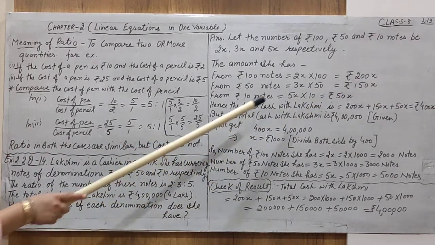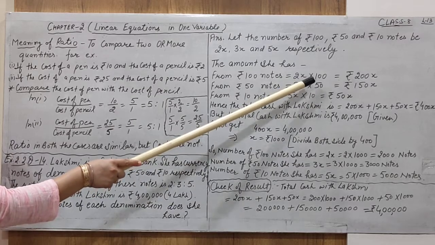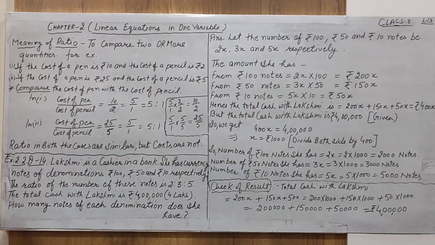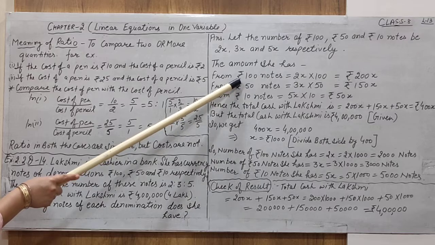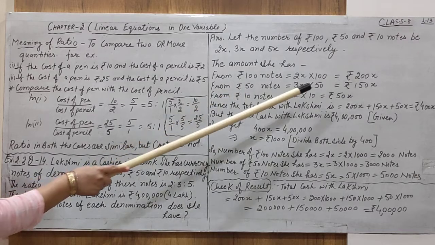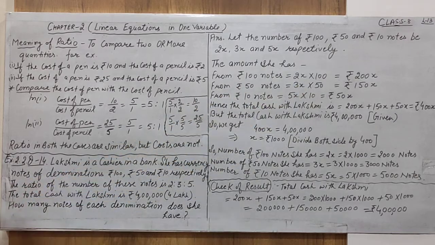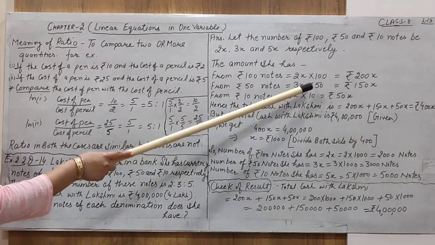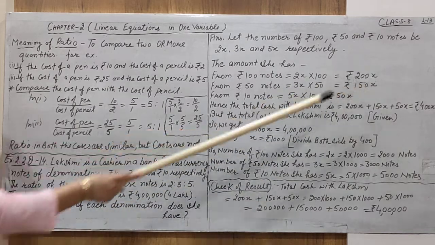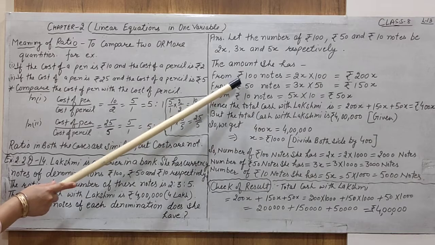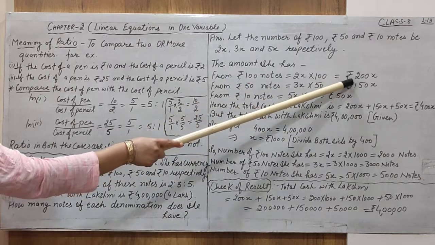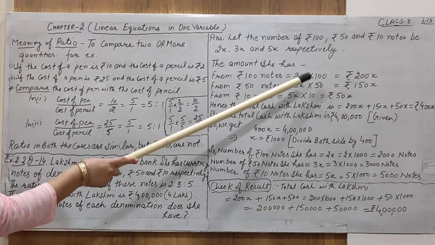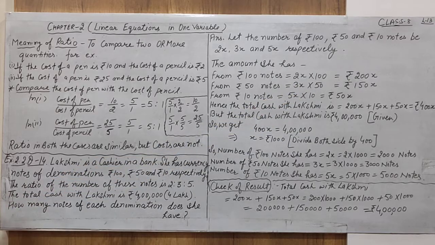Understand this concept. When we are going to multiply or use any mathematical operation with the notes or with the amount, there is no need to write the units here. Alright, we have to use the unit in the answers. That is, we are going to use the rupees sign at the end, not in between when we are going to multiply.